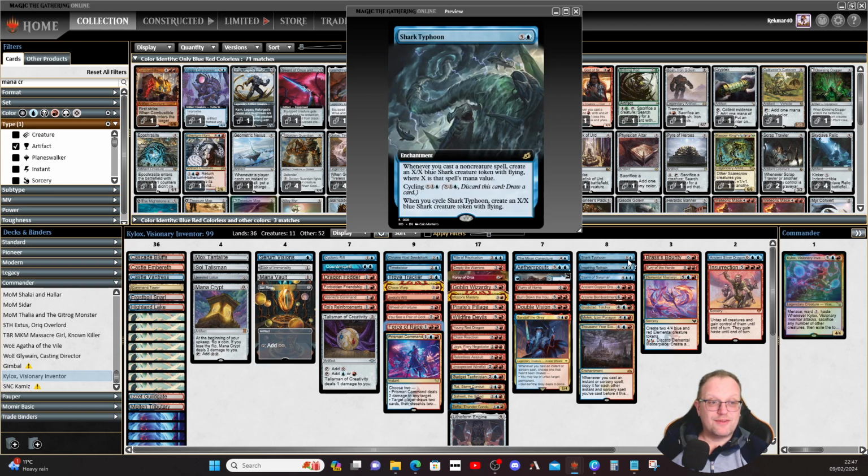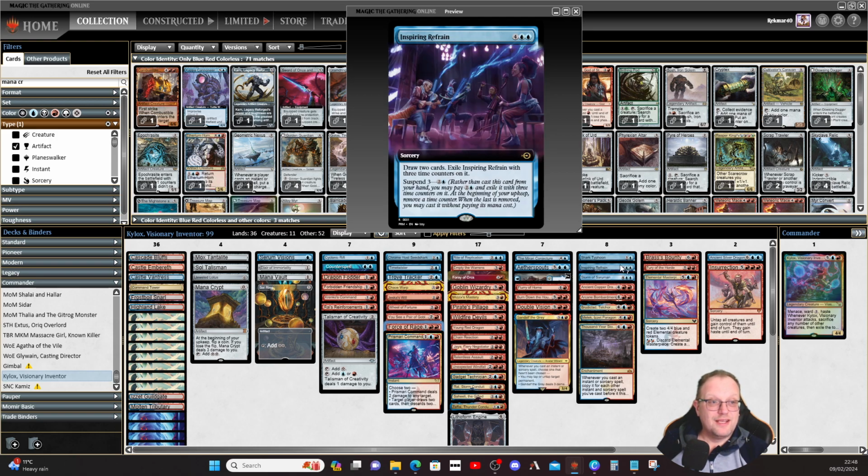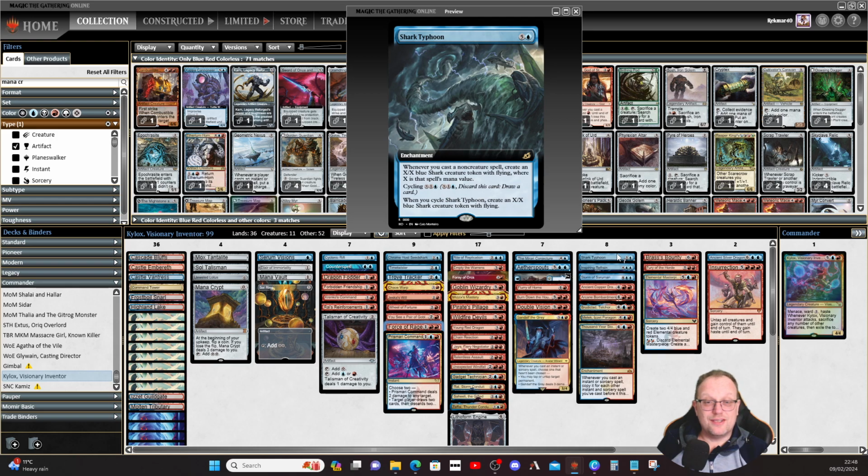Shark Typhoon gives us even more tokens with all the non-creature spells we're casting, so we have those going, especially now they've fixed it on MTGO. Well done, Daybreak Games, by the way, for realising the bug and sorting it out the same day as you released